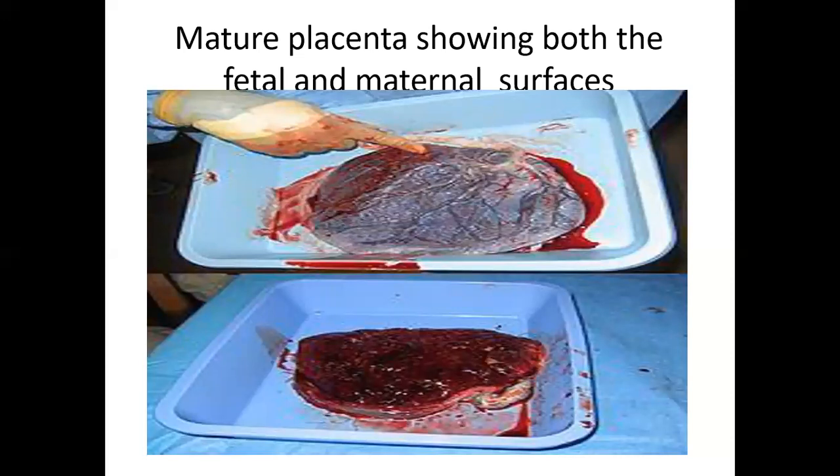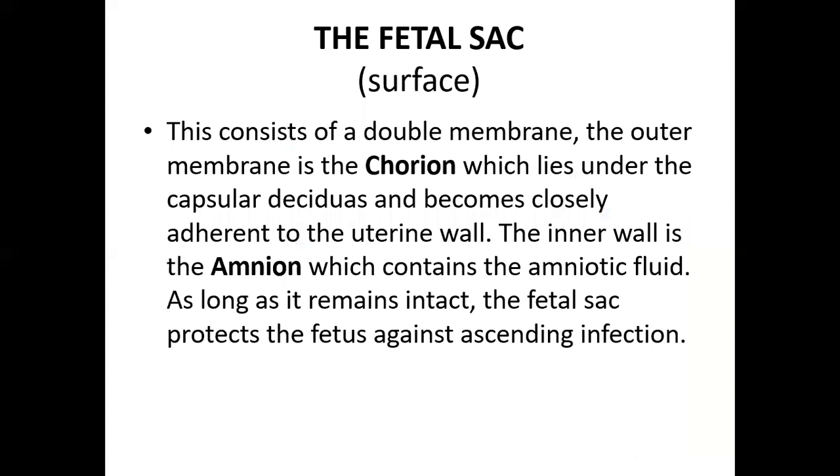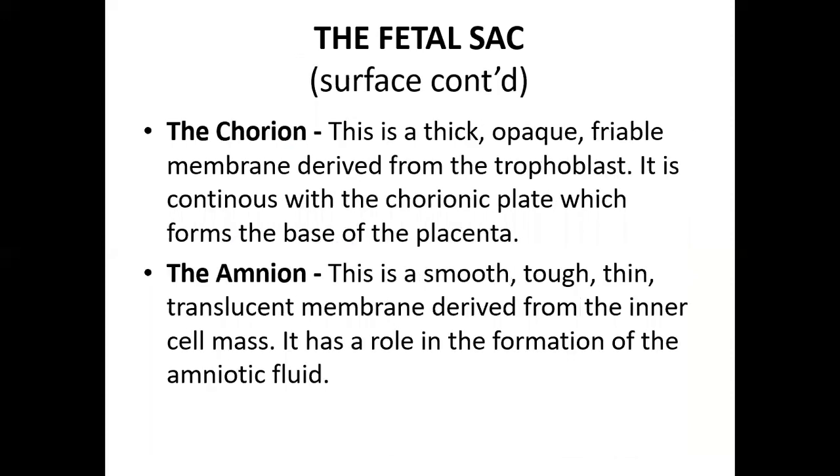It's the one that is attached to the uterine walls. Then the one that is on top is the one that is in contact with the fetus, and therefore we have a shiny surface. The other one is darkish in color. The shininess is as a result of the amnion. Okay, I think this has already been